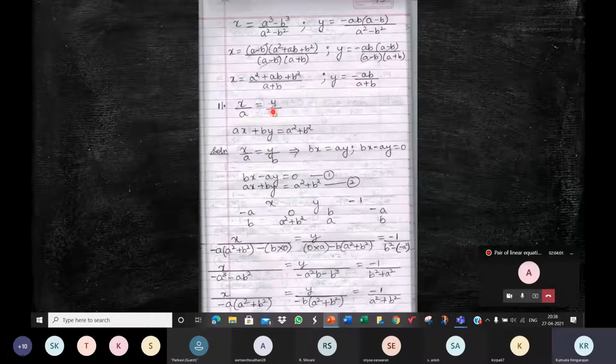But if you have X and Y in the denominator, then we need to convert, because they are not linear equations. So we need to convert them to linear equations using some other two variables. But here, A and B are in the denominator. That is okay. The variables are X and Y. X and Y are in the numerator, so we are good. Meaning you can just go ahead like this. I'll tell you how it looks like. So it will be X by A minus Y by B is equal to 0. So now tell me what will be the coefficient of X then?